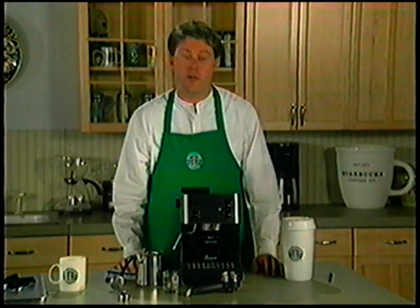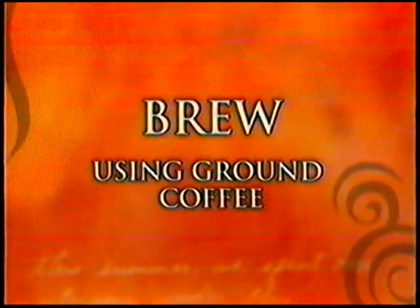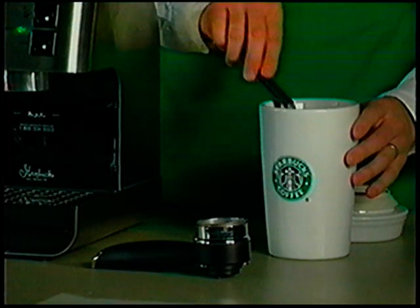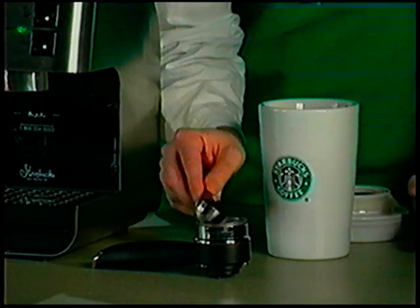First, let's look at what a shot of espresso should look like. For the first shot of espresso, we are going to use the Rapporto filter system with the ground coffee basket. We're going to use some freshly ground Starbucks espresso roast, our scoop, and our tamper. Here we go. Measuring 1 scoop of finely ground Starbucks espresso roast. Place it inside the coffee basket